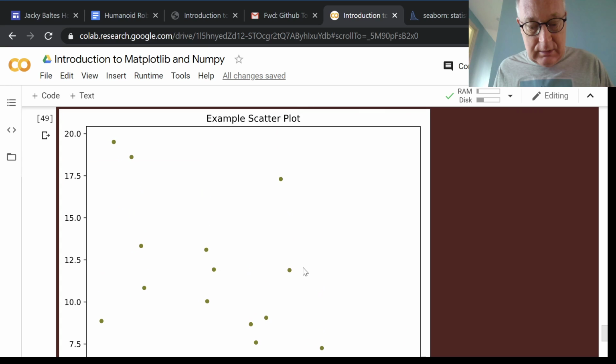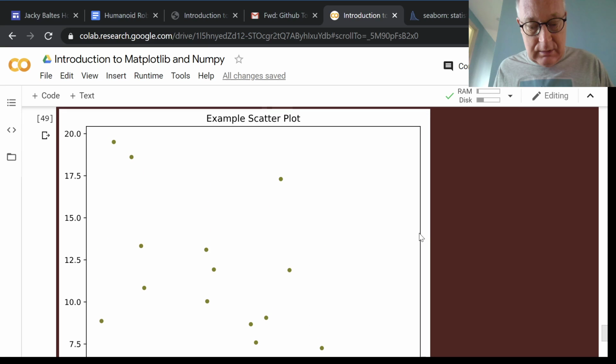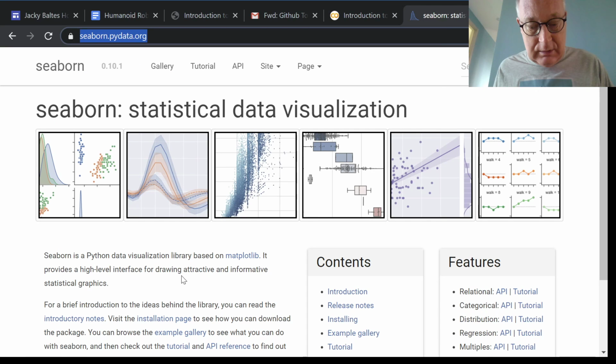So I can scatter them. If it's a three-dimensional plot, I can also change the size of the points or the color of the points based on some features. So in a machine learning problem, I could classify them with whether this is a cat or a dog or some other kind of labeling. So this is quite powerful, and the Seaborn library actually